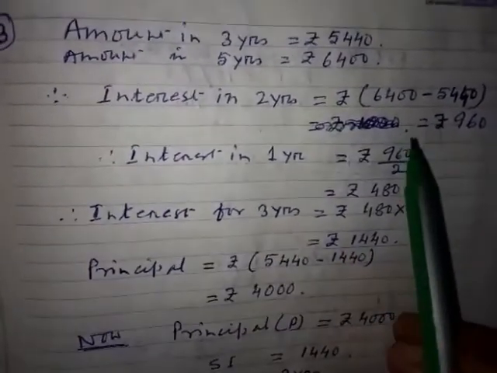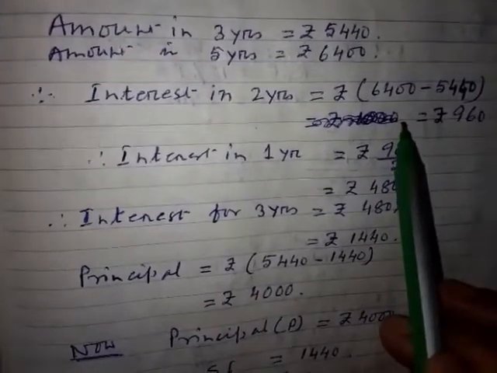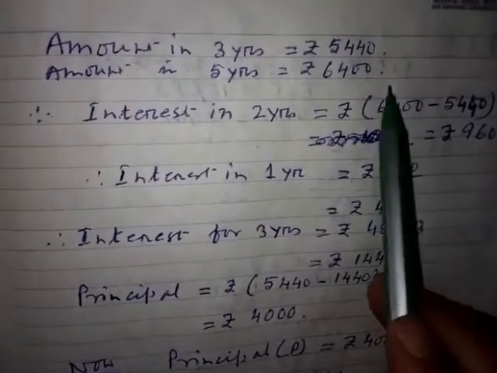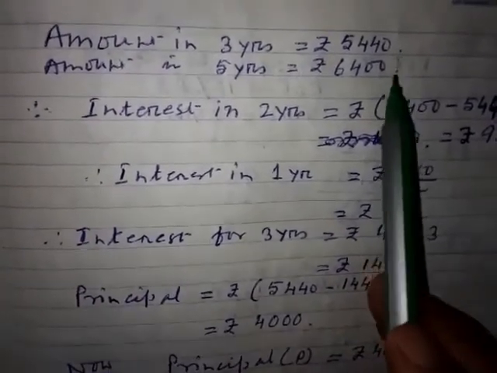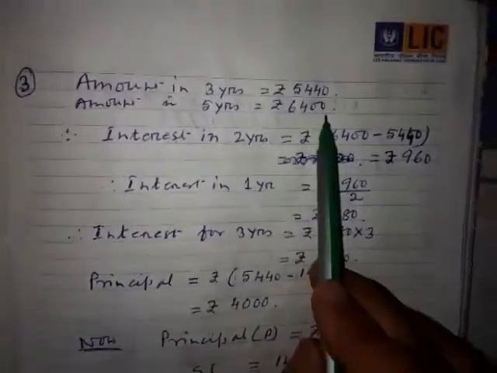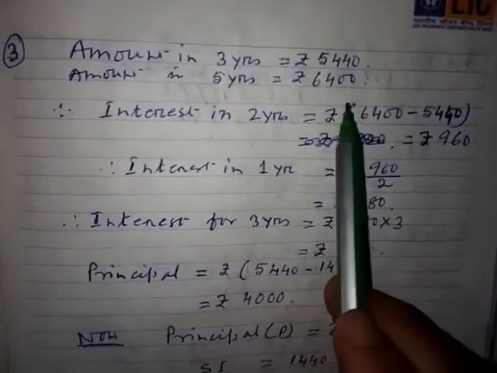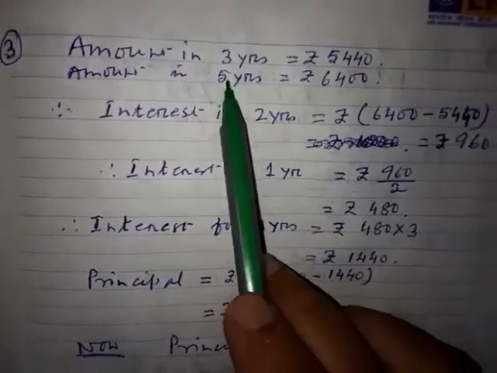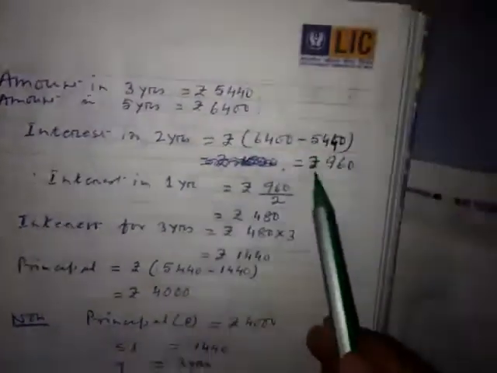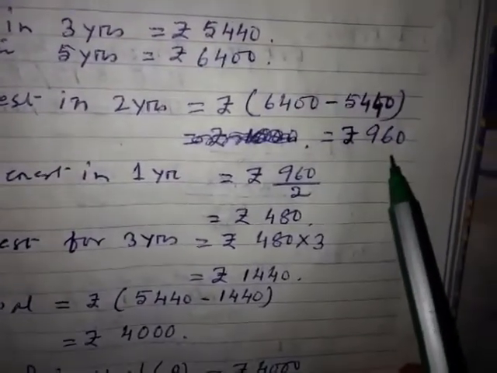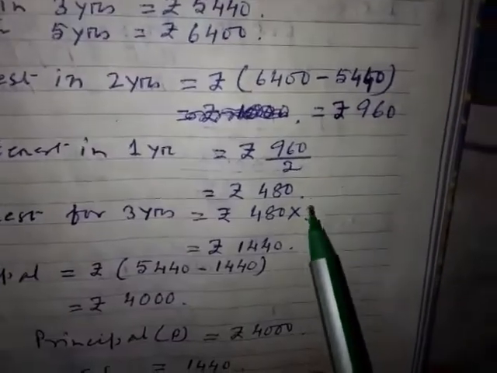So are you going to get something extra or not? Definitely. But what you notice here is you have not deposited any money, you have not withdrawn any money from the bank, but still you are going to get something extra. Why? Because this extra is the interest you have received for these 2 years. That is why, if you subtract, you get the interest for 2 years. So the interest for 1 year, definitely you come to know.